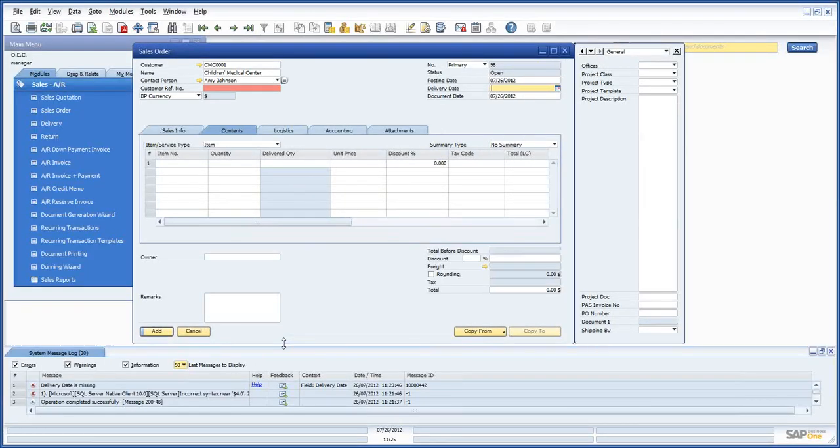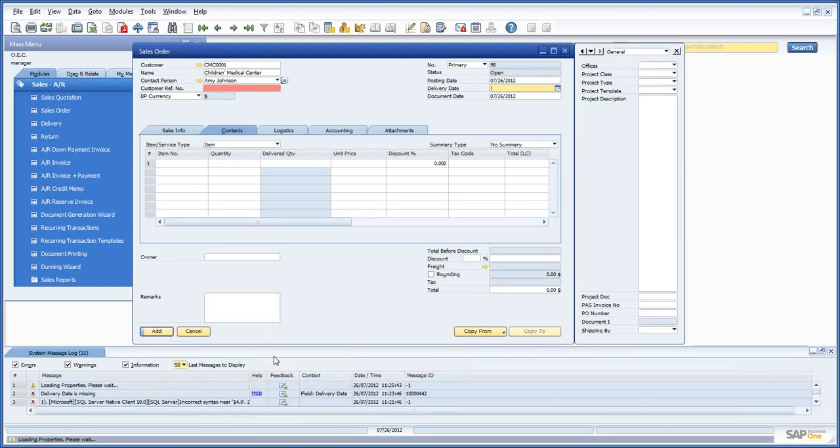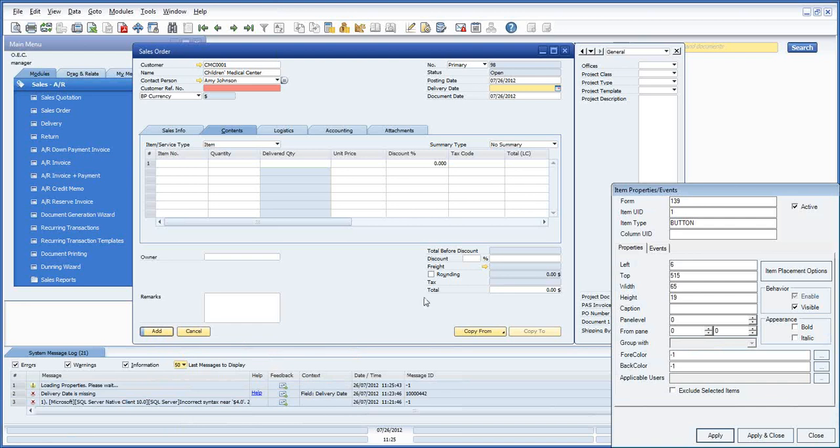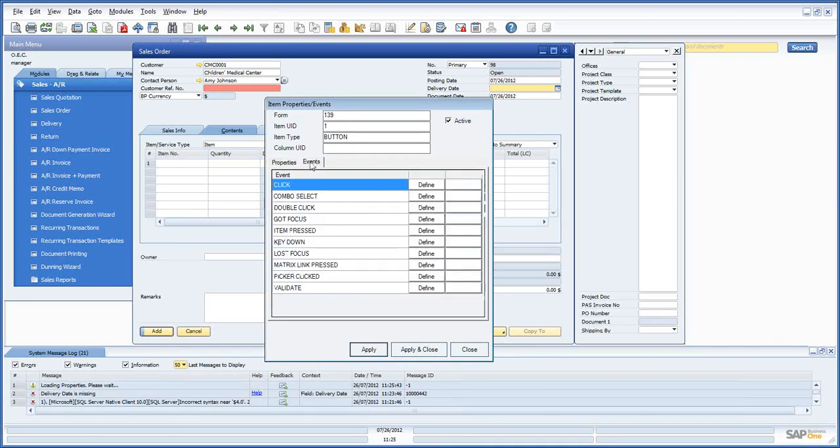So first, the event that we're checking is the add. When someone hits the add button, we want to do that validation. So we'll right-click on the add button, go into APP Customizer, and into the control properties. And once those are up, we can then go to the Events tab, and we're going to select the Item